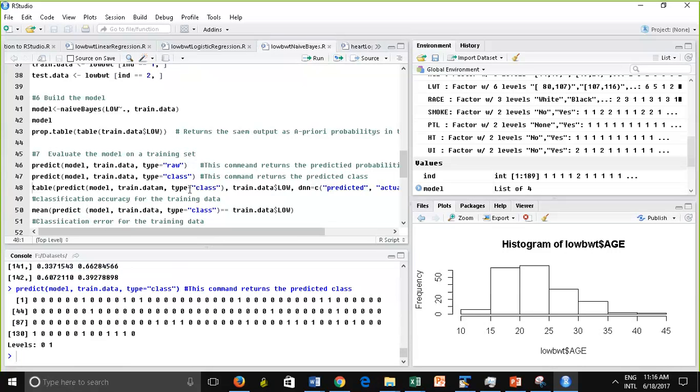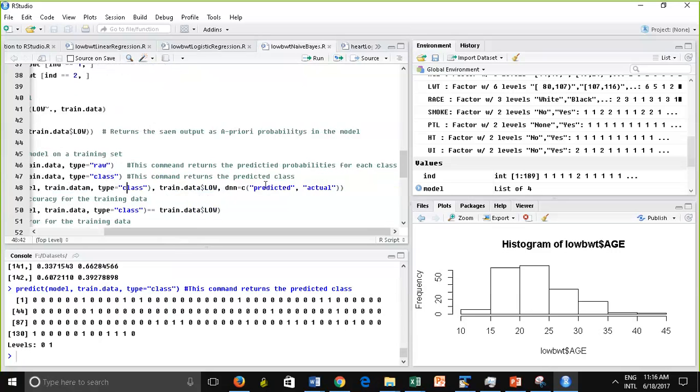Now, what else could I do here? I want to do the confusion matrix. I could store this in a variable. It would probably have been better if I did that. When you build the confusion matrix, you want to choose class. And here I put the labels. This is to make it more readable. I put, oops,